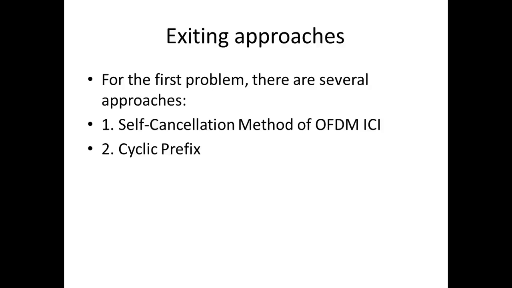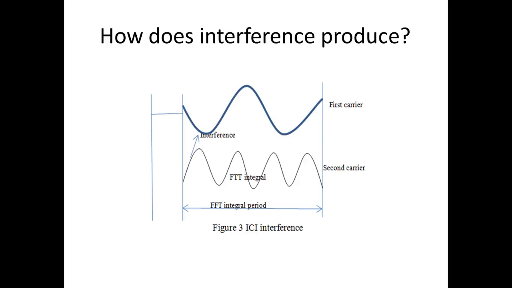The second method is the cyclic prefix. This is the method I picked in my project, and this chart shows how the interference is produced. Here there are two carriers. The first one is this blue line. The second one is this black line. Since every OFDM symbol contains some non-zero carrier signal, there's also a delayed signal of this OFDM symbol. In this case, within this